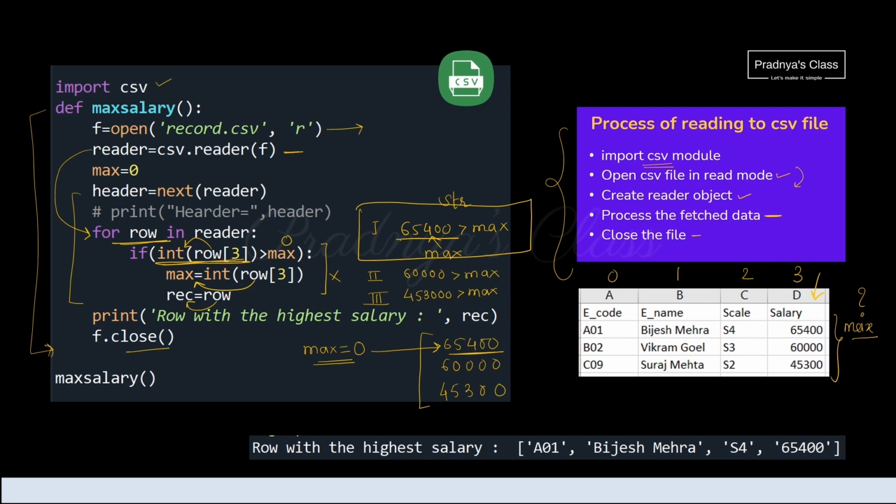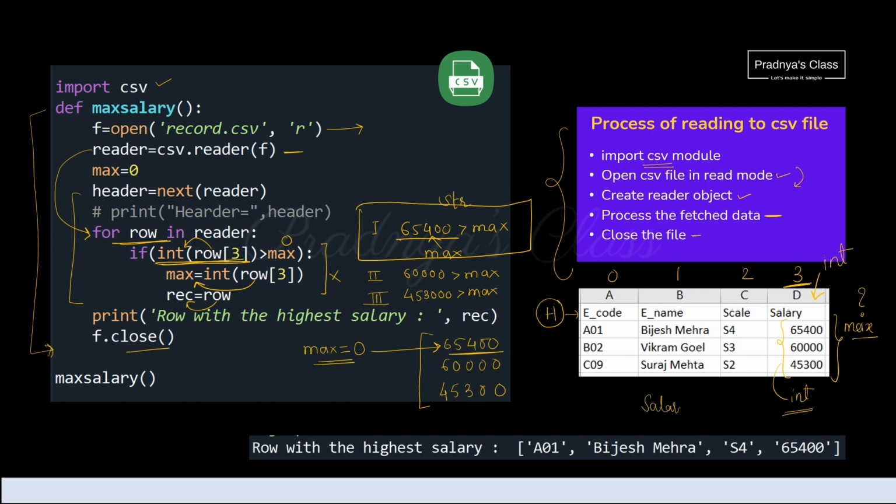While writing this code, we need to take care of one more thing. As you can see, this CSV file contains a column header. When we apply for loop and access the content of the file row by row, the header also will get traversed. And to get the required output, we are applying int function on this column. These are all numbers, that's why it will get converted to integer value. But what about salary?